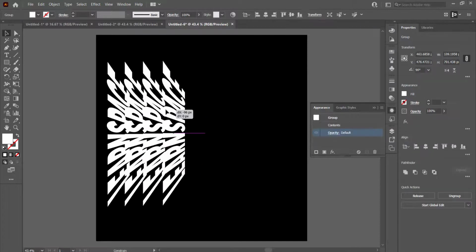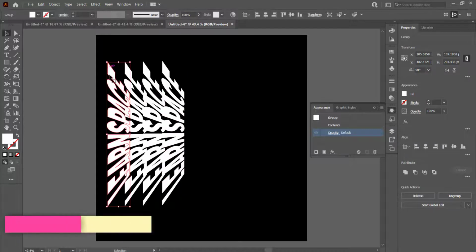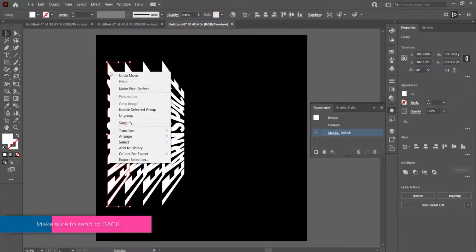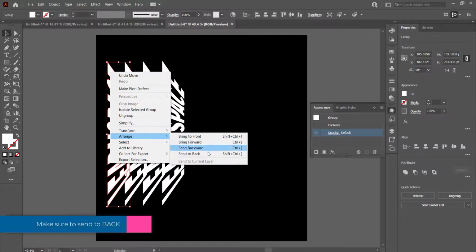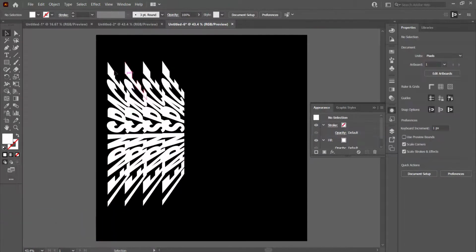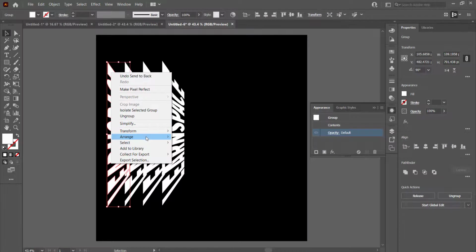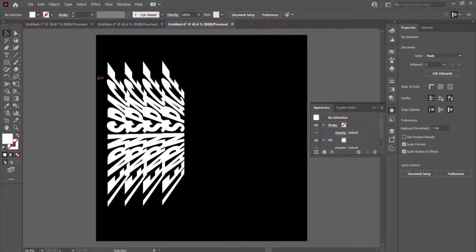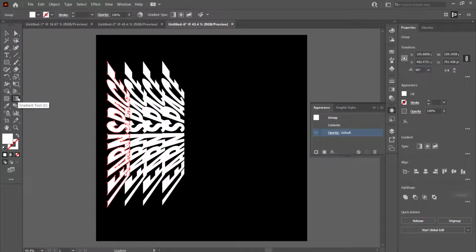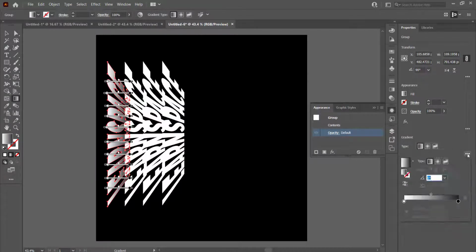one at a time. And then I'm going to apply a gradient to this. I'm going to start at this last one over here, and the first thing I'm going to do is go to Arrange and Send to Back, just so it's behind all of them. Then I'm going to click on the gradient tool and open it up, and I'm going to keep the gradient black to white,